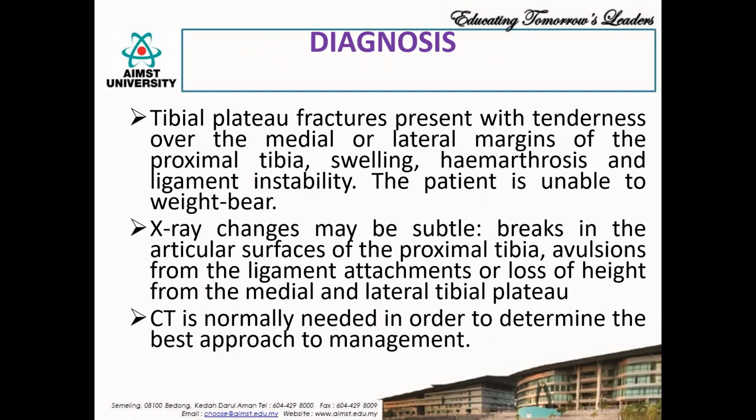So the tibial plateau fractures present with tenderness. Okay. So at the medial or lateral margin of the proximal tibia, you feel tenderness and swelling. Here the main problem is the knee swelling. You cannot control the swelling, and the pain is so severe that we cannot progress the rehabilitation. There is a problem, swelling and